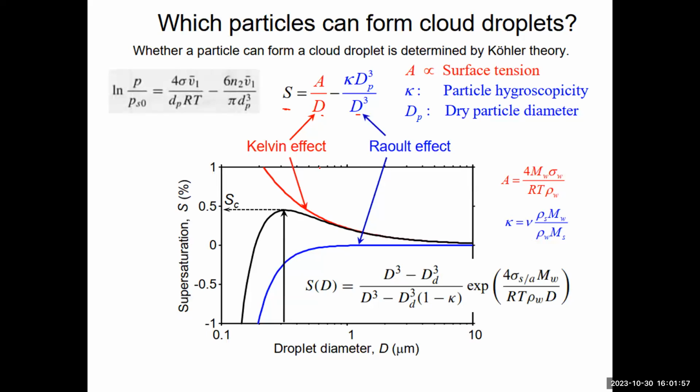So here we're just talking about the cloud formation. Let's just forget about the low RH or non-saturated condition. Now let's consider the cloud condition, which has some supersaturation. Basically this Kelvin effect and the Raoult effect are going to counteract against each other, right? The Kelvin effect is the red curve. The Raoult effect is the blue curve here, the negative Raoult effect. If you add these two terms together, you get this supersaturation as a function of the droplet diameter. This is assuming that the particles have a chemical composition of ammonium sulfate,